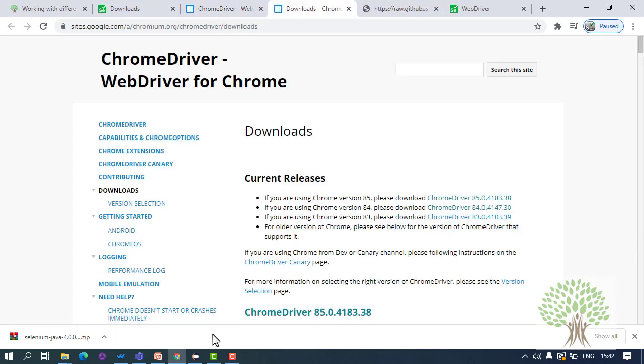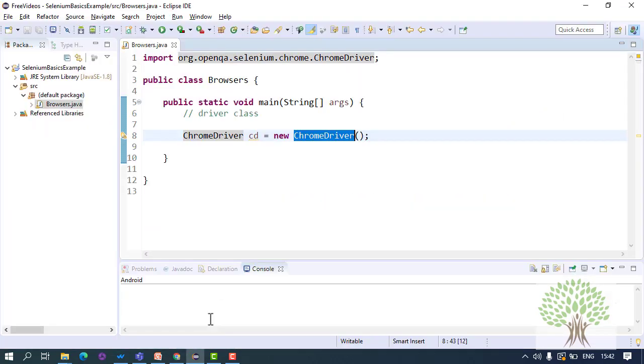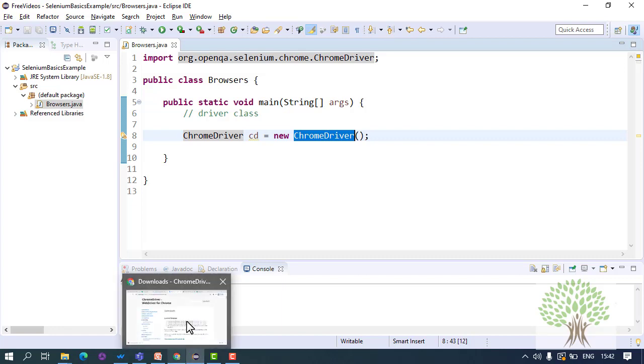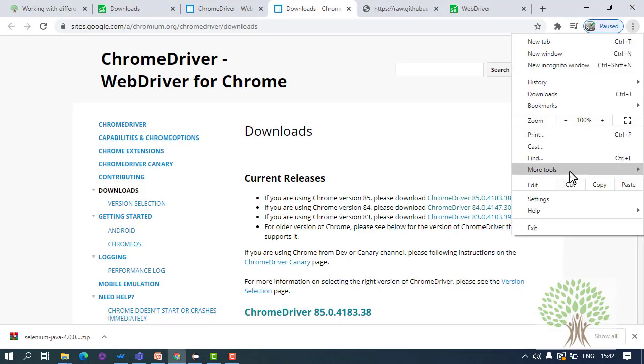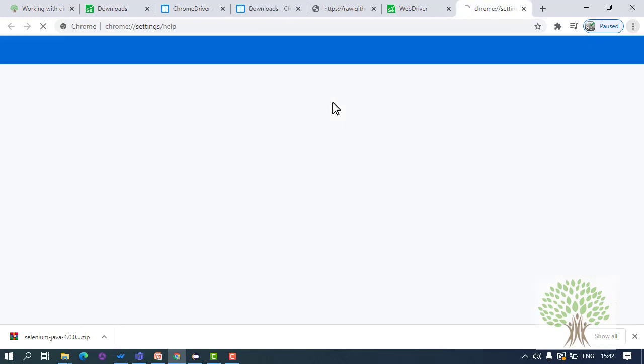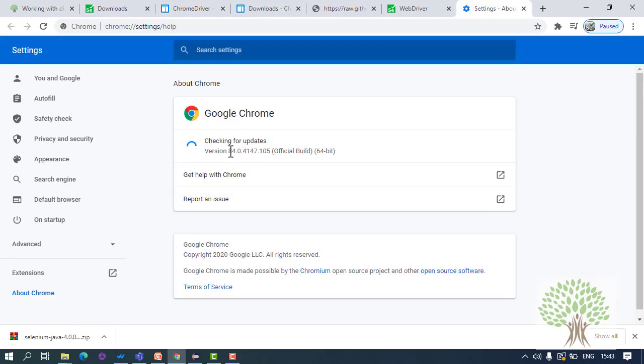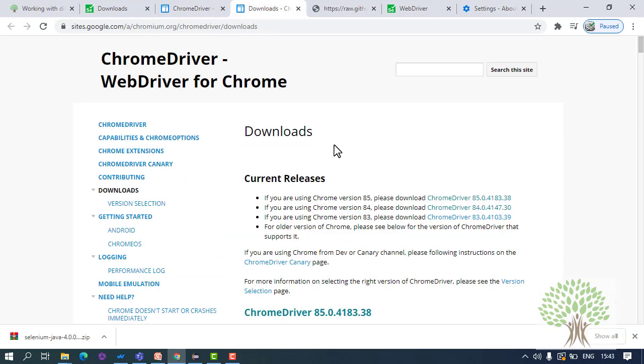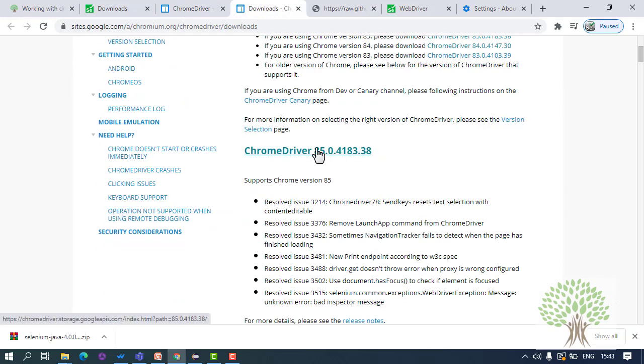Click on this downloads link and then check out your Chrome browser version. Go to Chrome help and go to about Google Chrome. You will see the version being written. For me it is 84.0.4147.105. And if you look at the downloads page over here, this is for 85.